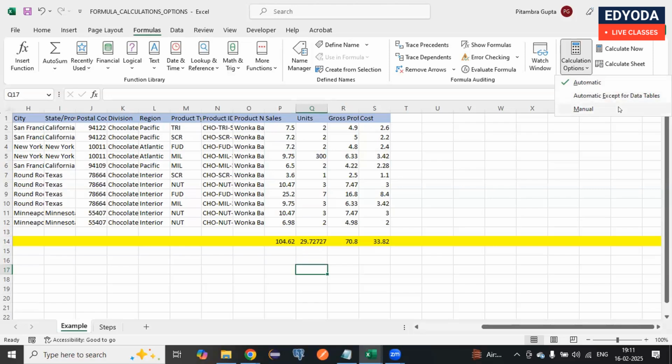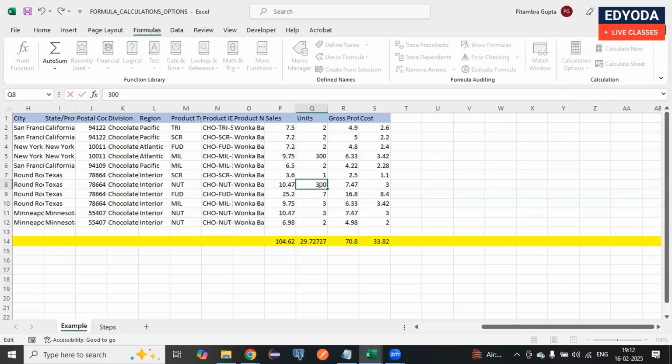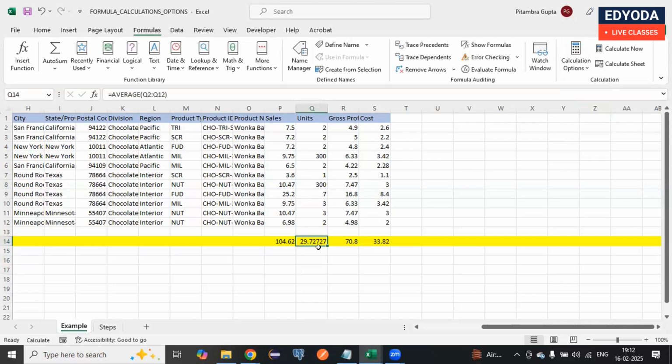Now, talking about the manual process. If I select manual, what will happen in this case? If you change any value, let's say I am again changing it to 300, you see the formula is not getting recalculated. Why? Because you have just selected manual. Now you have to manually update your formulas. So how to manually update the formulas? The shortcut is you can use F9. F9 is to execute the formulas again. You can just press F9 and it will execute your formulas again so that they get updated. If you don't want to update it, that is also